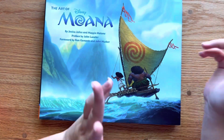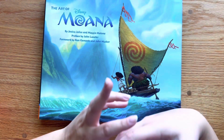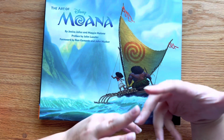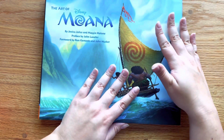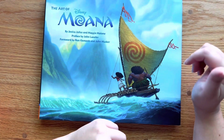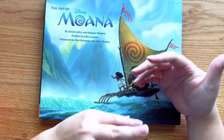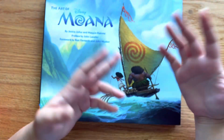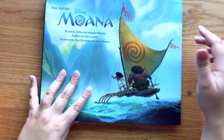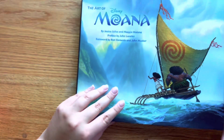So if you didn't know, Disney and DreamWorks, and there's a lot of big studios and companies that come out with their own art of books for movies that they've created. And so this is basically just full of concept art that went into developing the look and the story behind the film. And so this one is The Art of Moana. I really love this book. I think this one is really good for,